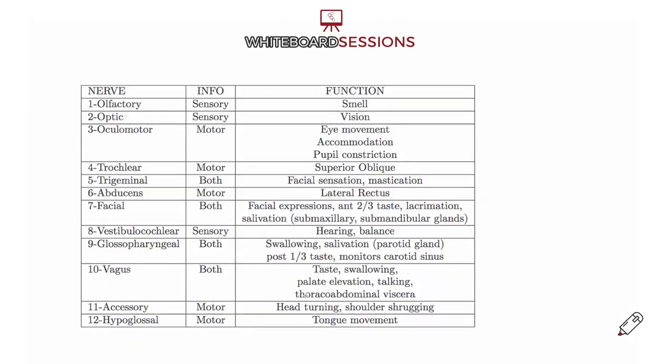Okay, so I want to do this first of all by looking at this chart with you, and I want to go through the cranial nerves quickly to give you the big picture, and then we'll dive in more to the details of them. Okay, so as you look at this with me, these 12 cranial nerves, the first thing that I would pay